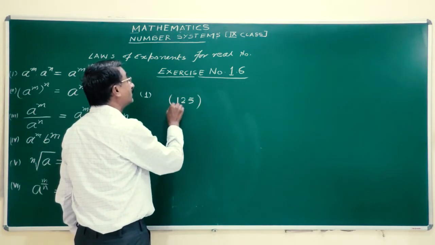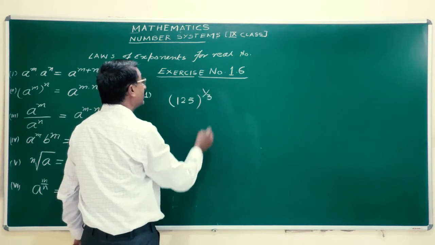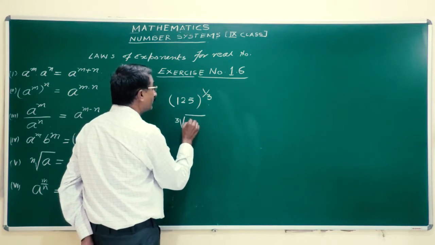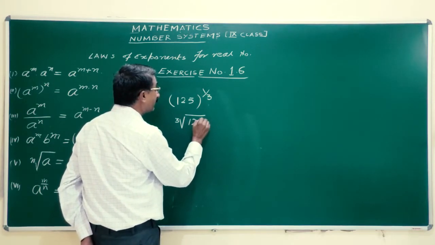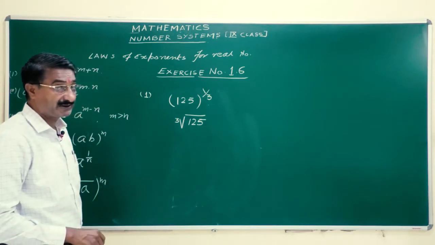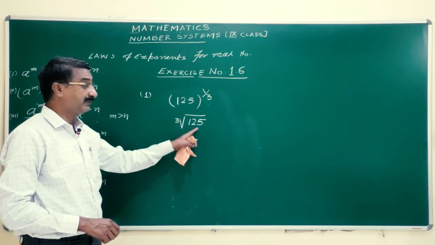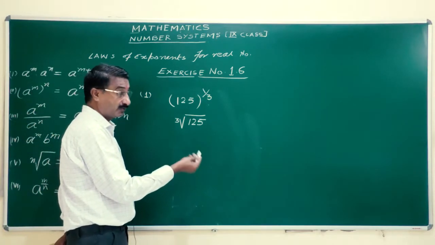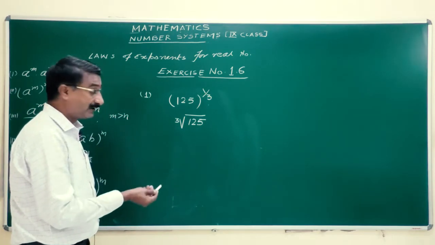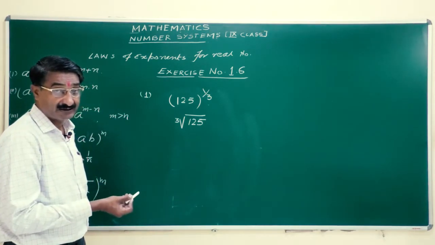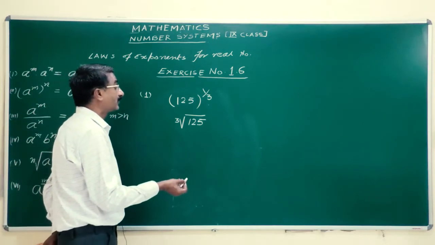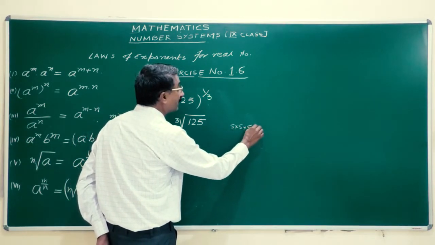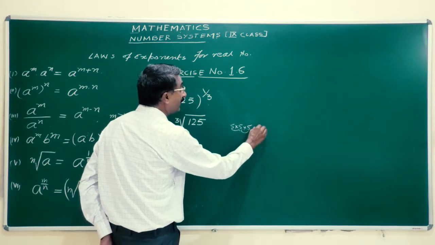The same thing can be written in this form, that is the cube root of 125, which means some number multiplied 3 times will be 125. We can take 1, so 1 will not be the answer. 2 is not the answer: 2 2s are 4, 4 2s are 8. 3 is not the answer: 3 3s are 9, 9 3s are 27. Similarly 4 is not the answer, so 5. We can take 5 multiplied by 5 multiplied by 5. So 5 5s are 25, 25 5s are 125.